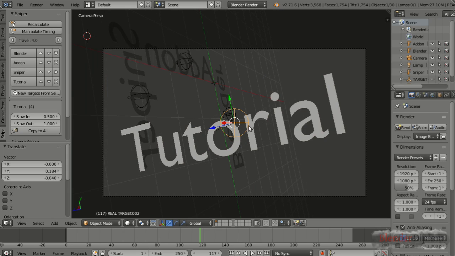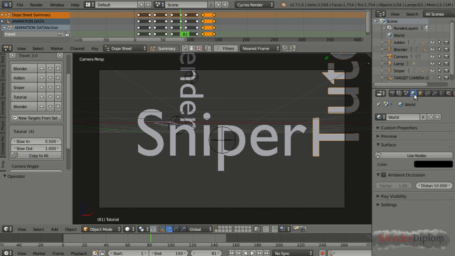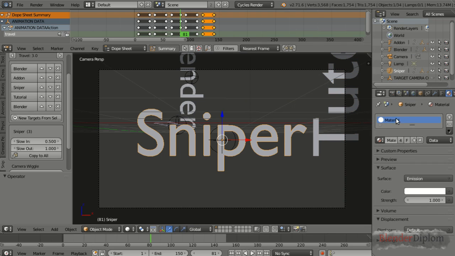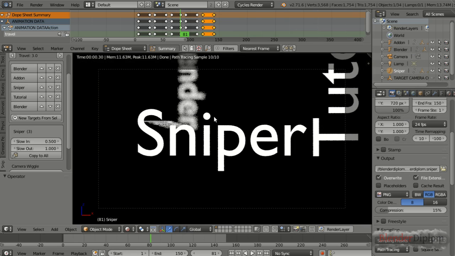But that's not all. There's a little more I want to show you, and for that I will use a finished project. This is the finished project you have seen in the beginning of the tutorial. It's basically just a black world with white emission material for all the objects, and I gave it a little bit of depth. And thus, when I hit render, you see that I'm using depth of field, which is a setting of the camera